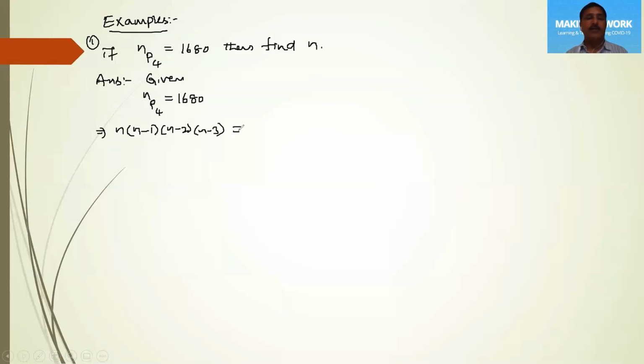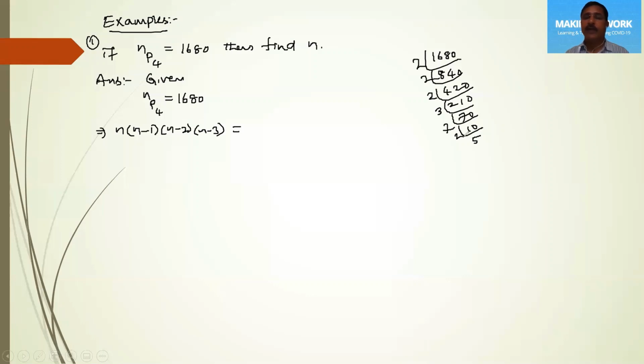And on the right hand side also, we have to express this 1680 as the product of 4 consecutive numbers by taking factorization. 1680: 2 8s are 16, 2 4s are 8, 2 0, and 2 4s are 8, 2 2s are 4, 2 2s are 4, 2 1s are 2, 0, right? 3 7s are 21, 0, and 7 1s are 7, and 2 5s are 10. So the highest prime number in the factors is 7 here.